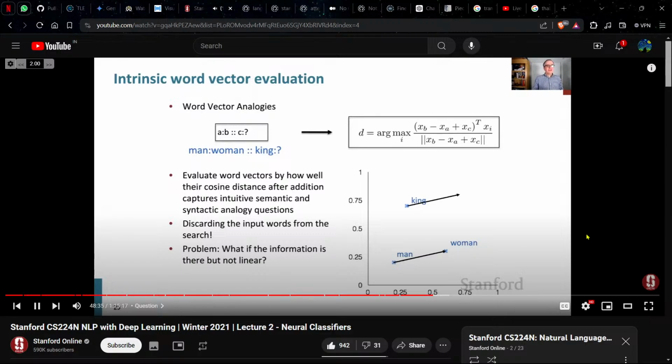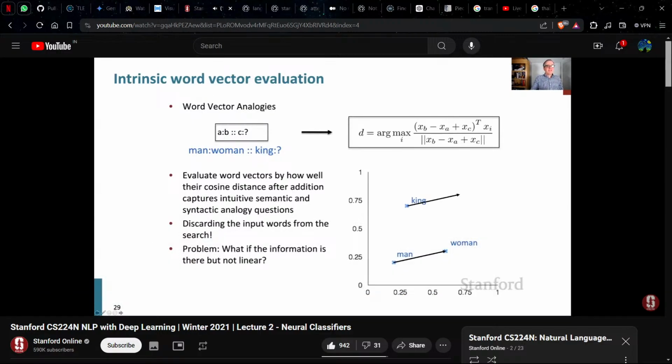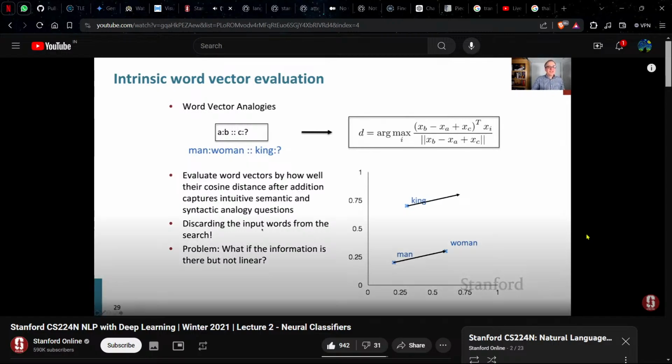So for intrinsic evaluation of word vectors, one way, which we mentioned last time, was this word vector analogy. So we could simply give our models a big collection of word vector analogy problems. So we could say man is to woman as king is to what, and ask the model to find the word that is closest using that sort of word analogy computation, and hope that what comes out there is queen. And so that's something people have done and have worked out an accuracy score of how often you are right. At this point, I should just mention one little